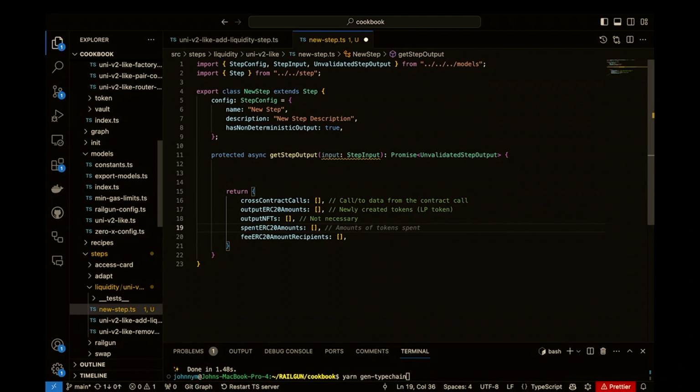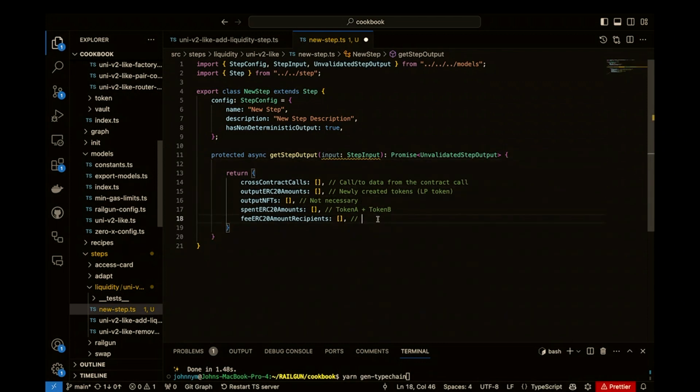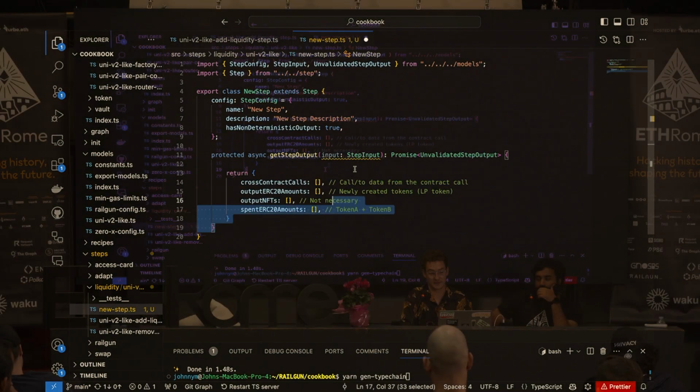Spent ERC20 amounts. For LP, like adding liquidity to an exchange, we're going to spend, let's say, the DAI and the wrapped ETH, and we receive the LP token to represent that position. So we call it token A and token B, right? These are going to be spent. And then fees. I think we pre-calculate these, so I don't think they're necessary in this recipe, so we can get rid of those. And now that we can see the structure of what we output,